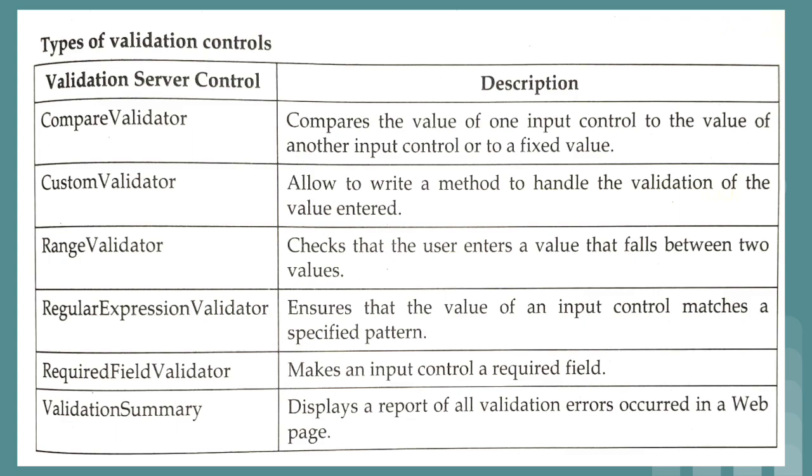This particular control we use whenever we want to compare two text boxes or whenever we want to compare the values. Then next one is custom validator. If you want to create your own validation which is not the default one, then you can make use of custom validator control. Next one which we are having, that is range validator. Whenever we want to have validation regarding the values which we should enter inside the text box, so if you want those values to be between a range, then in that case we can use the range validator.